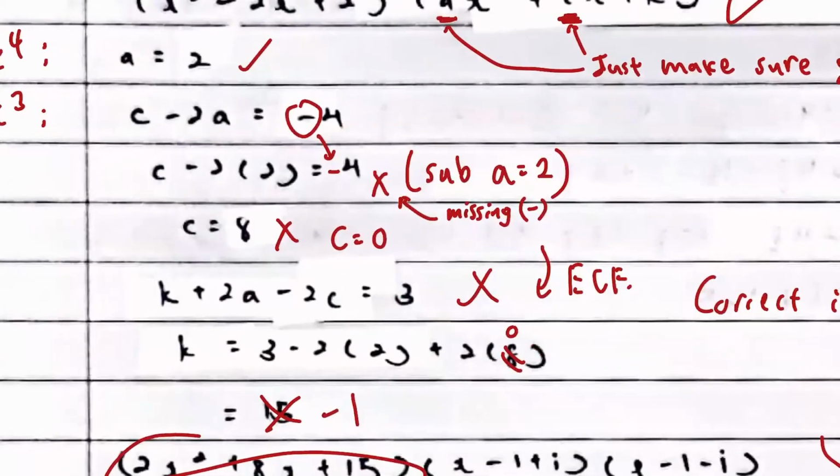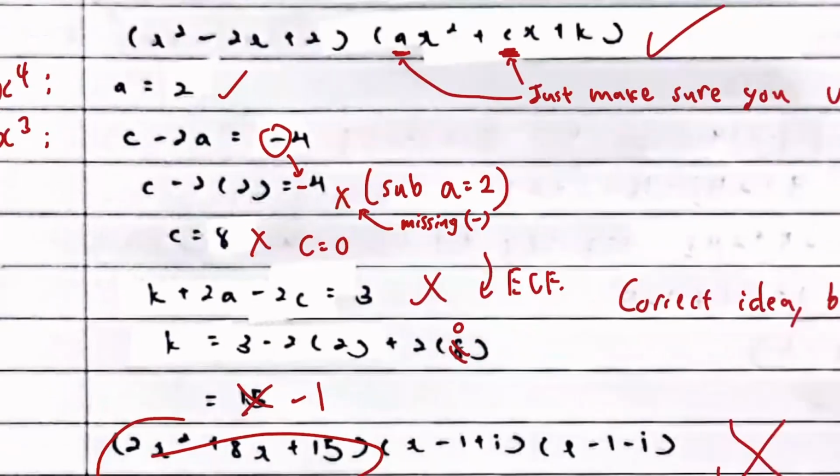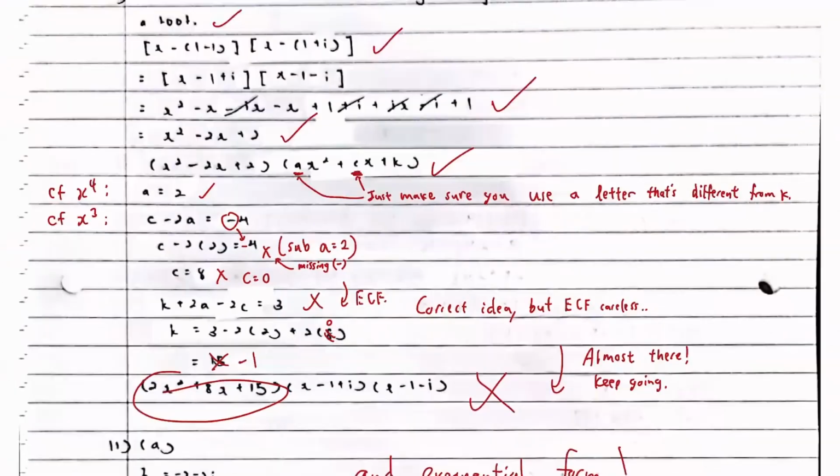Can you see? You replace A with 2, but then negative 4, you suddenly just write down a 4. You left out a minus. So the error carries forward all the way. C should be equal to 0, not 8. Yeah. Okay. You could have almost solved this question, but careless mistake, and everything tumbles. Okay, then if you manage to get that, you will be able to get